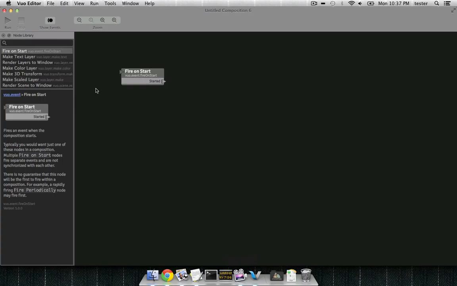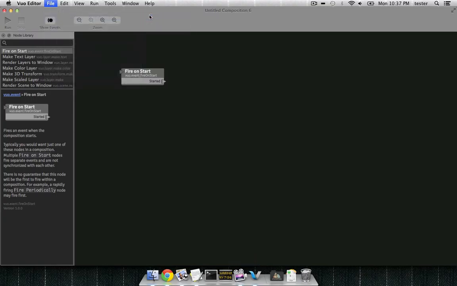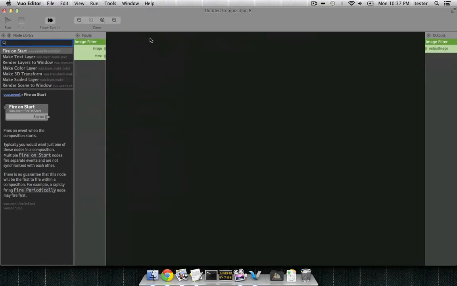Just like with the Image Generator protocol, you can create a new image filter composition by going to File, New Composition with Protocol. Since the image filter composition is altering an existing image instead of creating a new one, it has an image published input port instead of width and height. It also has a time published input port and an output image published output port.